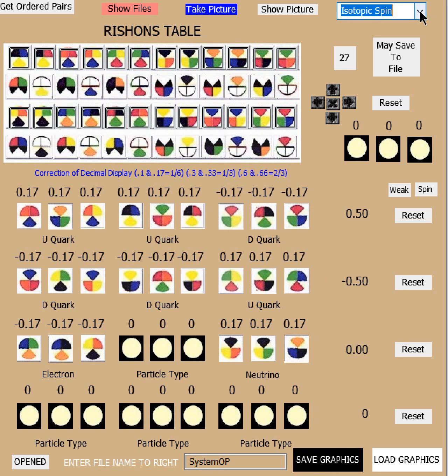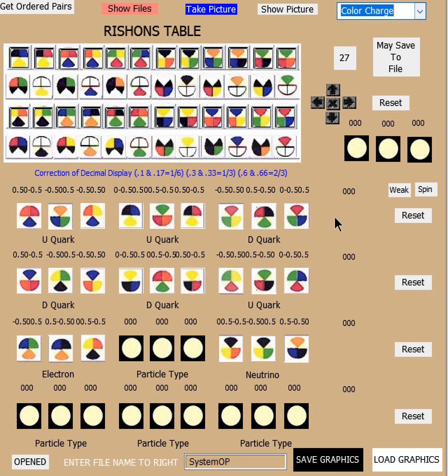Now, of course, color is also displayed, and it's displayed for each of these according to the definition given in the standard model, where there are 3 values, including 0, plus and minus 1/2, that sum to 0. The order of these, of course, determines the color of each of the Rishons, and then the sum of those will determine the color of the generic quark or the generic lepton. In addition,